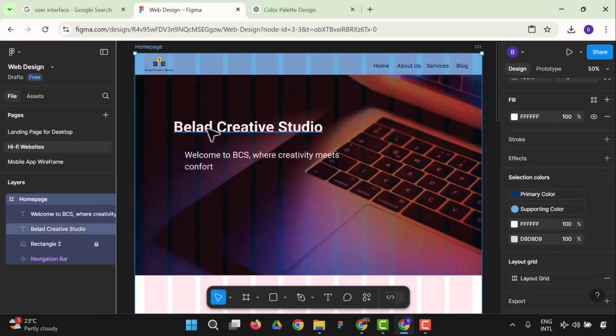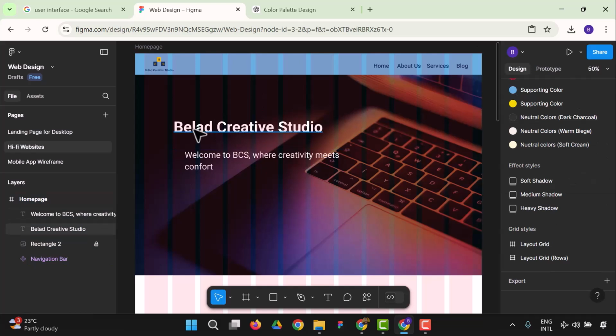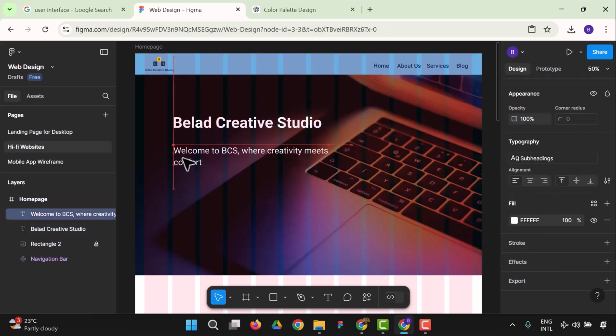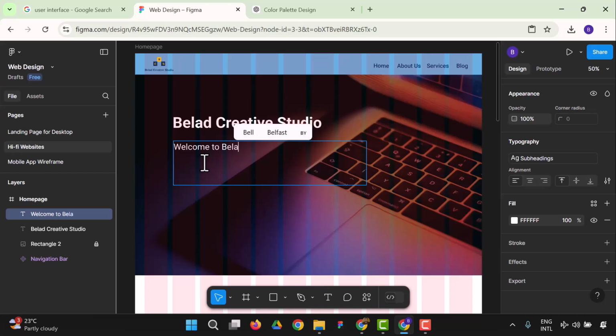So I said let this Pillar Creative Studio start from this part of the design, then this comes somewhere here. So we are going to have something like this, and yeah, we could have the subtext, and this could be okay, this could be good. So I'll say welcome to BCS. Okay, let me just make it in full. Welcome to Pillared Creative Studio, where